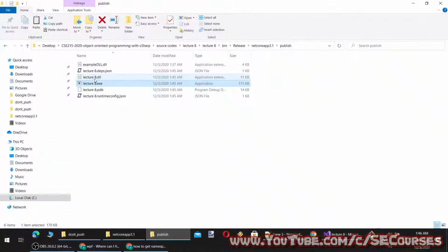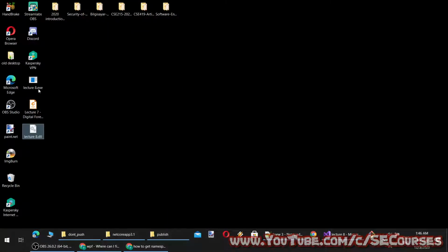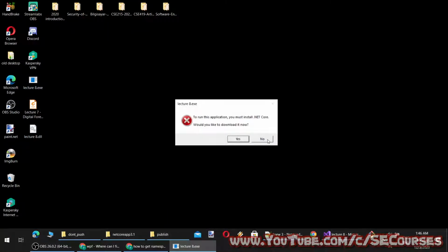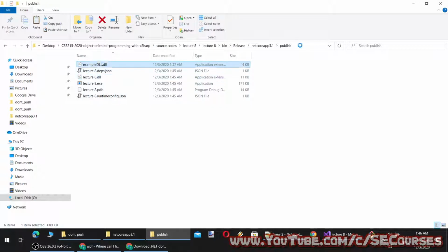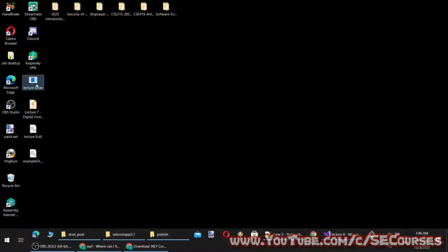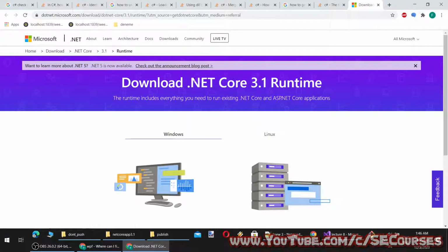If I copy and paste lecture 8 DLL, it is still not working. Oh, it wants me to download .NET Core. I have it though. And if I copy and paste example DLL, yeah, it's still not working. Oh, it requires me to install .NET Core 3.1 runtime.